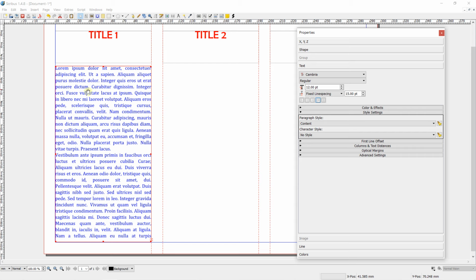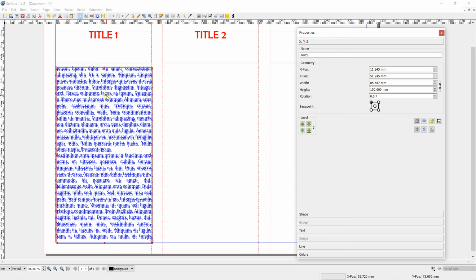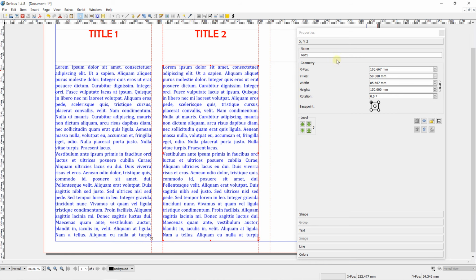And it's exactly the parameters that I set in my style. Now I can press Ctrl D and duplicate, and then press Ctrl D again and duplicate.